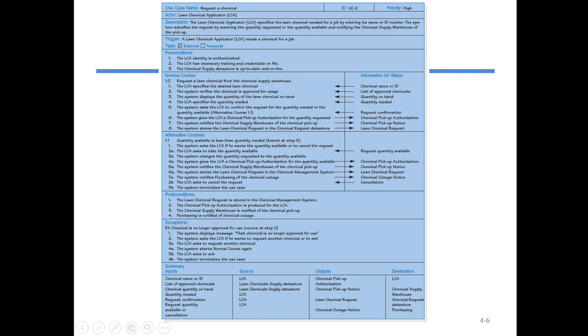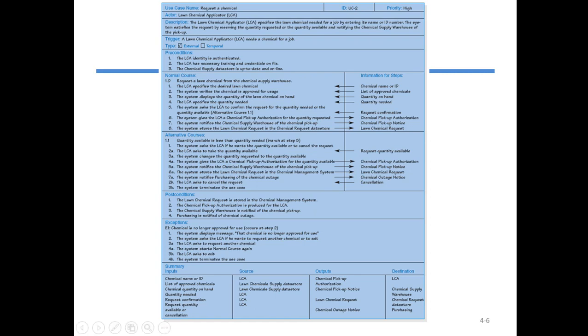At the top you can see the use case name, the ID, which is the identification number, and the priority. Right now this has high priority. Normally we have low, medium and high; there are three values for this parameter. This is the text-based use case we are talking about. We have the actor, the non-chemical applicator, who interacts with this use case scenario. We have a description that tells what the use case scenario is all about, what is happening in it.